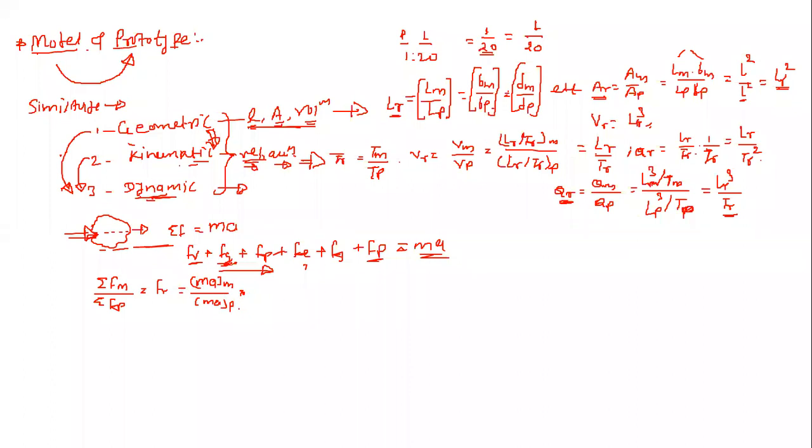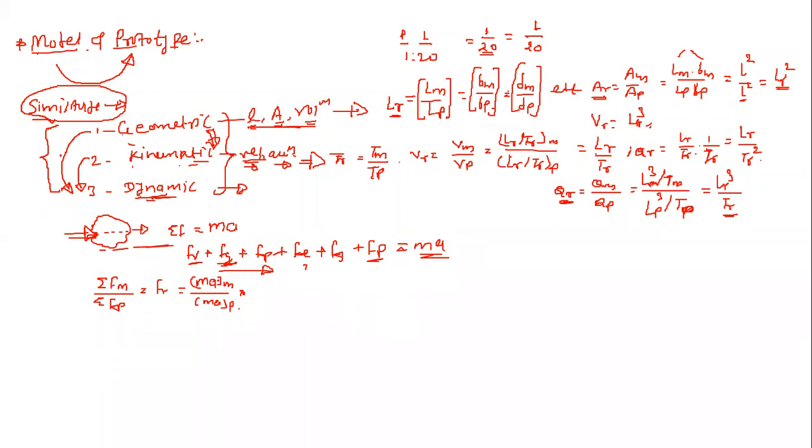And we know that in every force, for example for the inertia force, we can say mass into acceleration. It involves the velocity, which is length per unit time, meaning there is a length ratio and a time ratio. So to have any dynamic similarity, it is a must to have geometric similarity and kinematic similarity. And if all three similarities exist, then that particular condition is called a similitude.